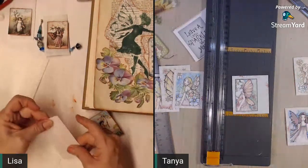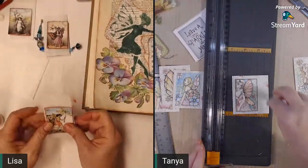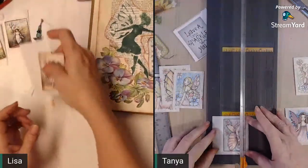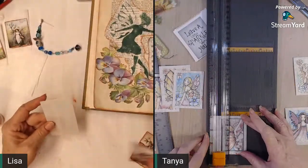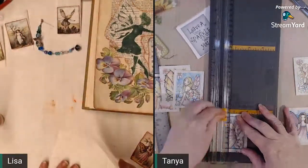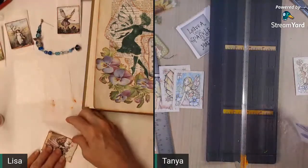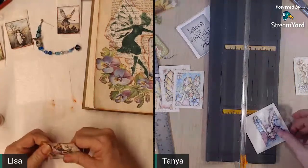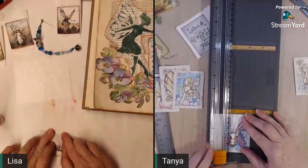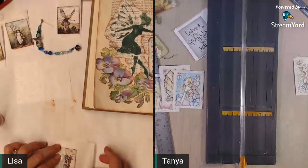Okay. Now maybe I can actually cut something. My fingers were so sticky. Okay. Actually, oh, that one's good. This is the one that's really too big. Yeah, that'll work. Well, I think it's only one I'm going to have to redo out of 6, so that's not bad. No, that's not bad at all. I was being stingy and trying to get it all out of one piece of vellum, and